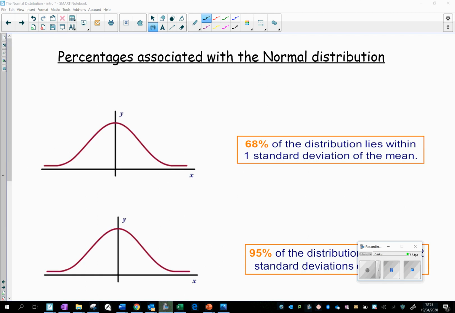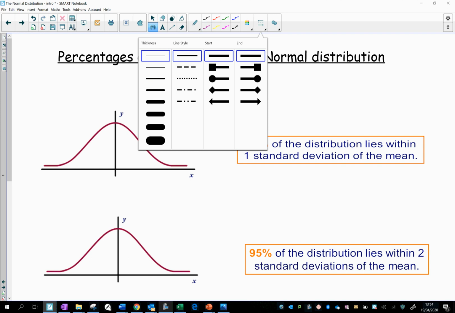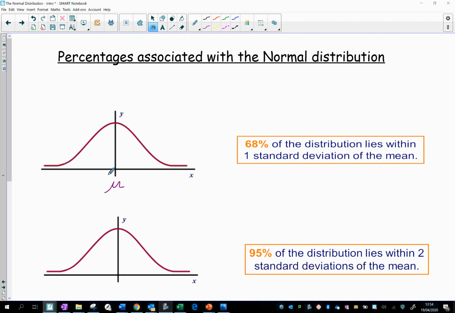Right, there are some important percentages that you need to learn which are associated with the normal distribution. The first of which is that 68% of the distribution should lie within 1 standard deviation of the mean. Now, as we know, the mean is here in the middle. So if this is the mean, that's mu, and if I just draw a vertical line either side, so it's not very vertical, but you get the idea, this area here is 68%, or as a decimal